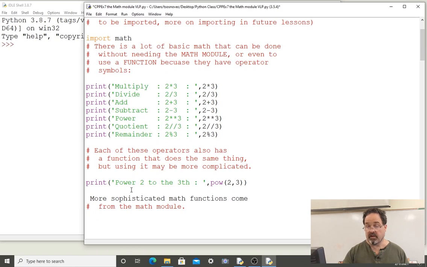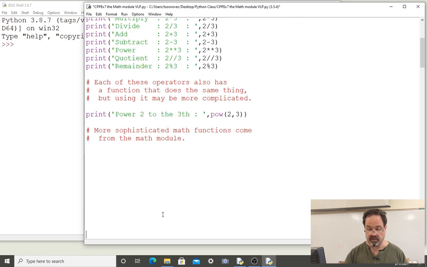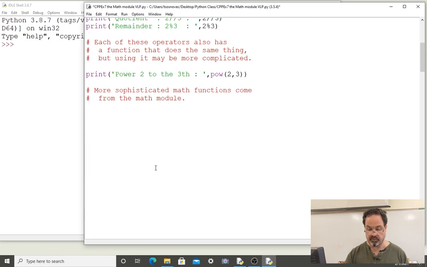More sophisticated math functions come from the math module. We've imported those functions when we did the import statement. And now we can use one as an example. I'm going to print the output of, and then make a print statement so that we can see it amongst all the others. The tangent of 0.8 radians will be printed